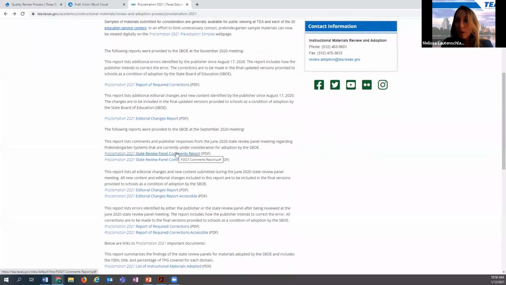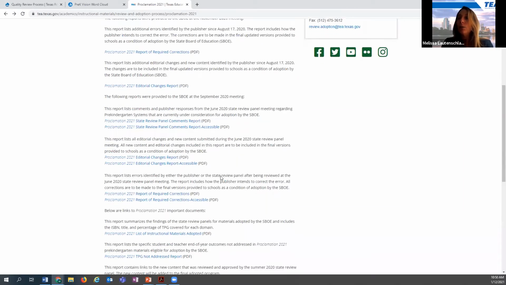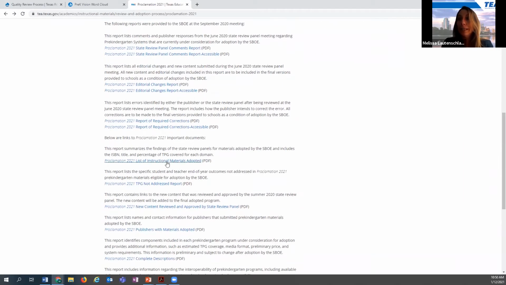You can see our reports. This is a very transparent process. Everyone has the opportunity to review these materials before the state board votes on them, and you're able to jump in and add comments and ask questions. You can also see on here our list, where it has the full list of the materials that are on the state adopted list,